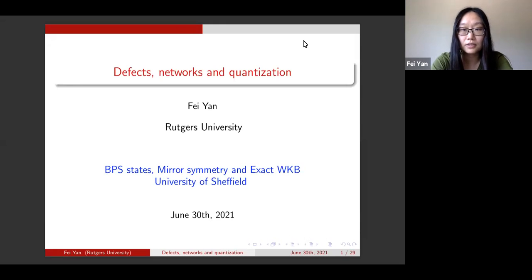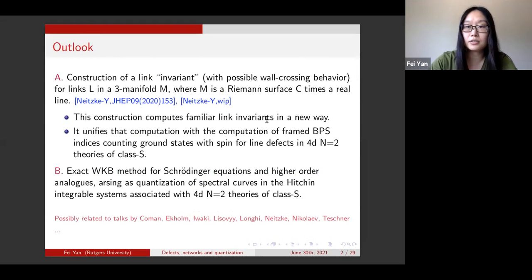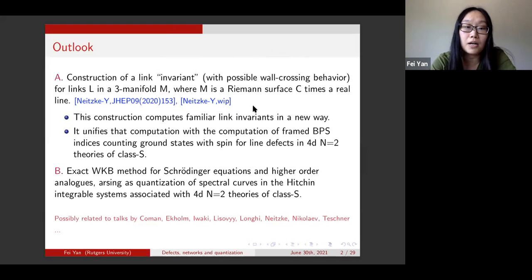Today, I will talk about defects, networks, and quantization. This talk will be divided into two parts. The first part is about construction of a link invariant for links L in a three-manifold M, taking the form